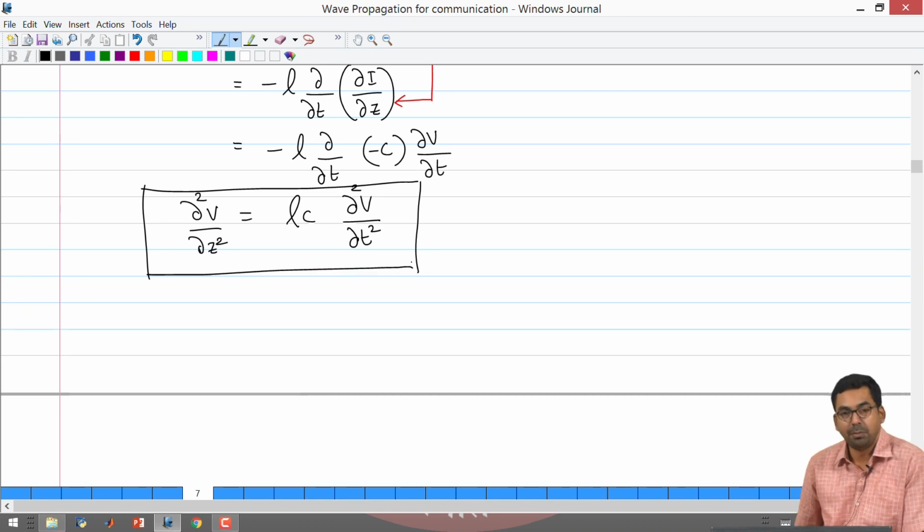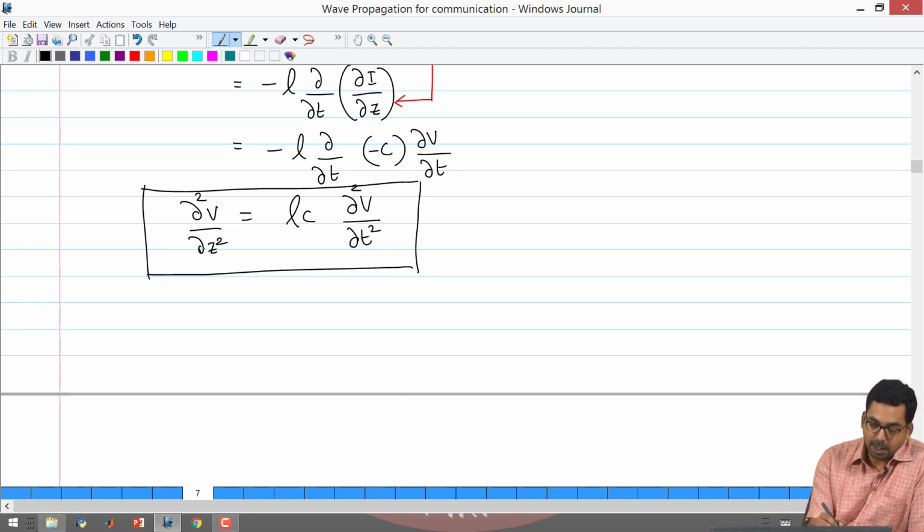Okay. So, one of the things that we can start with when you have an equation like this is to perform dimensional analysis. That is, you start comparing units of quantities on the left and the right hand side to see if there are any new meanings that you can derive from this equation. Dou square V by dou Z square on the left hand side has the units of volts per meter square. Okay. So, let us write down a dimensional analysis.